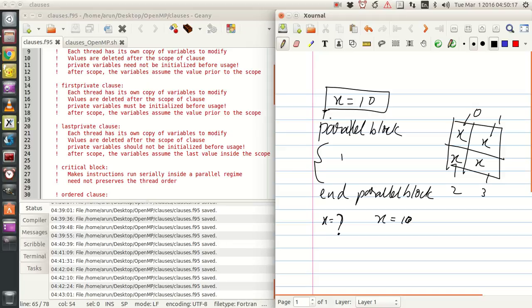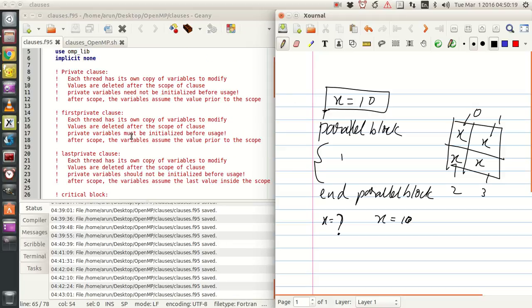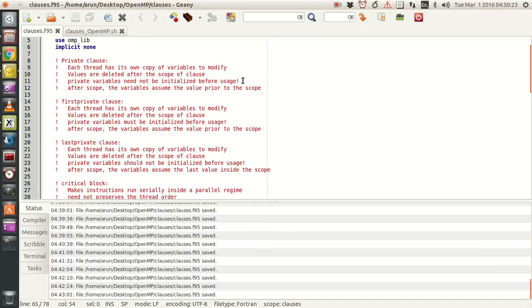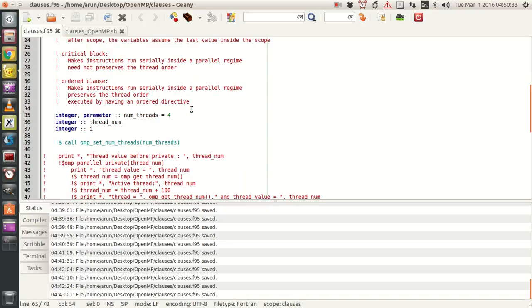Now we'll run this program to see what's happening. These are some of the explanations I gave, which I've mentioned now. Let's keep this in mind while we're looking at the programs. Now, what I have here in the program